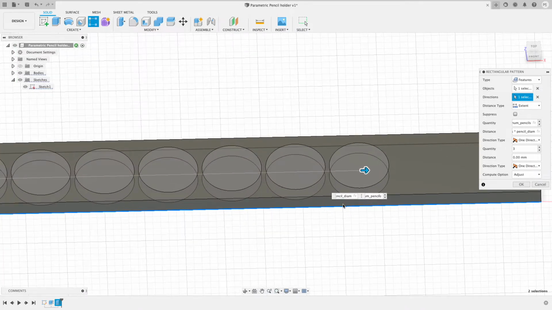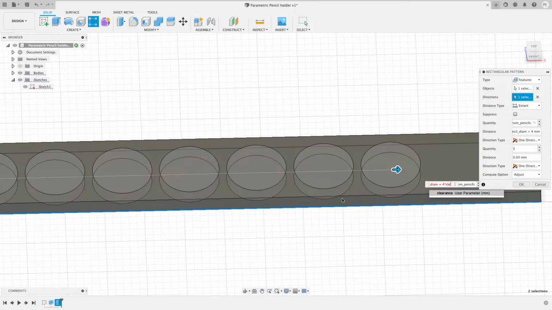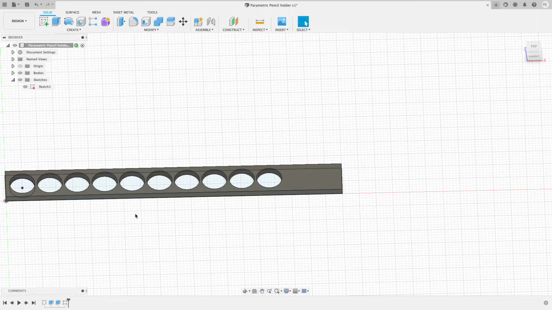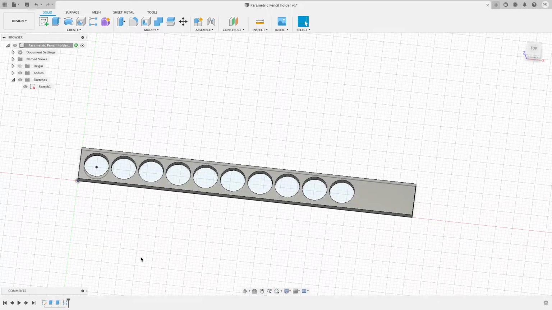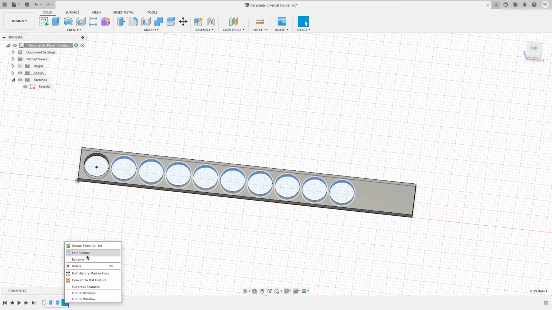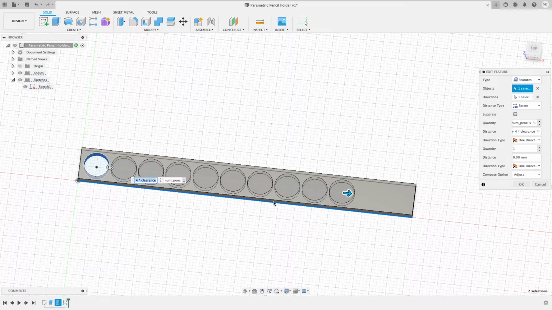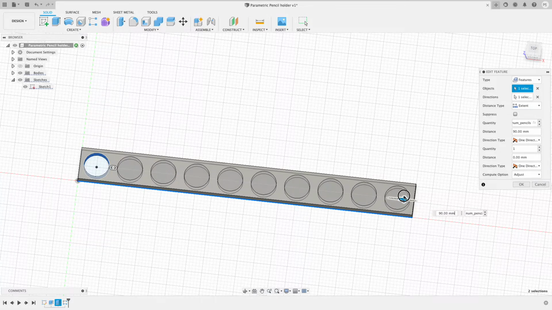If I wanted to add in some gaps, I could then add in some distance. I'll just say 4 times the clearance. All right, and that spaces it out a calculated value. If I am not happy with that, I'll go back to edit the feature. And for this case, rather than use a parameter there, I'm going to drag this out,